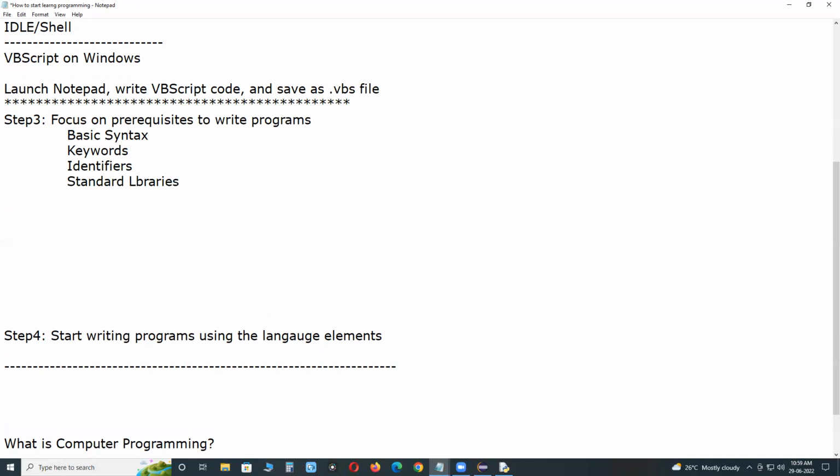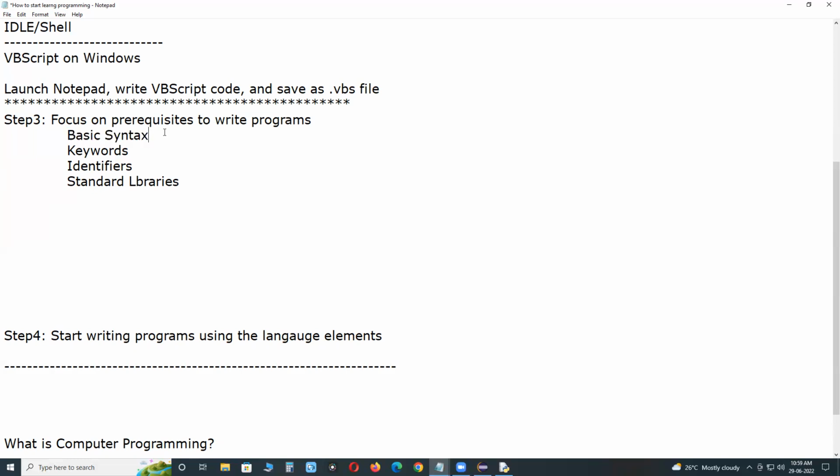First, what is basic syntax? Focus on basic syntax. For learning any programming language, syntax means system grammar. Syntax in computer programming means the rules that control the structure of the symbols, punctuation, and words of a programming language.